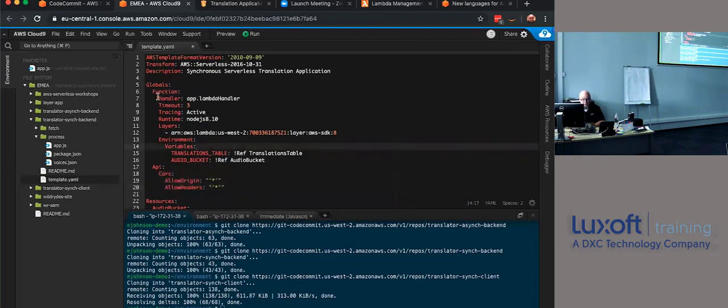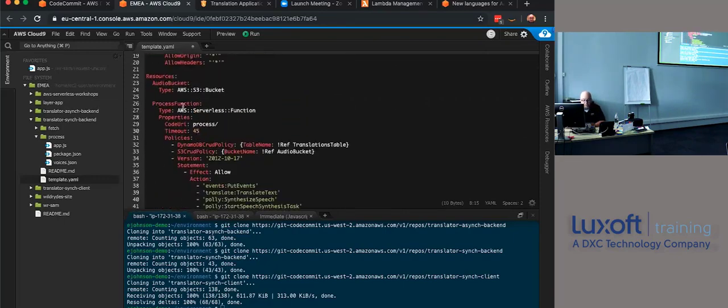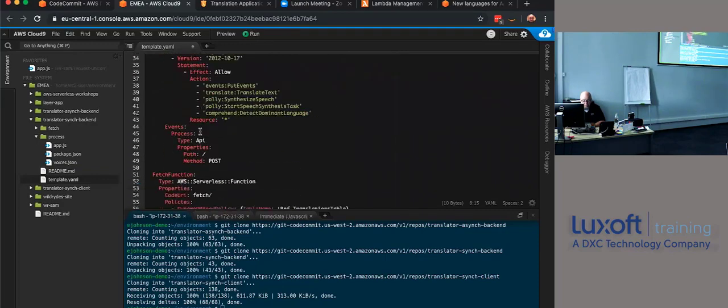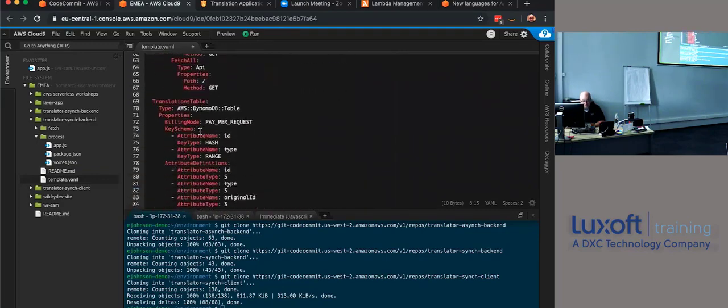Some other things that I'm doing globally, I do tell it the type of runtime. I'm using Node 8.10. I turned on, remember I said earlier we were talking about X-Ray, I turned on X-Ray. Now, one thing to notice, I did a global handler on a timeout of 3, but I overrode it in the actual function with 45. All right, finally,